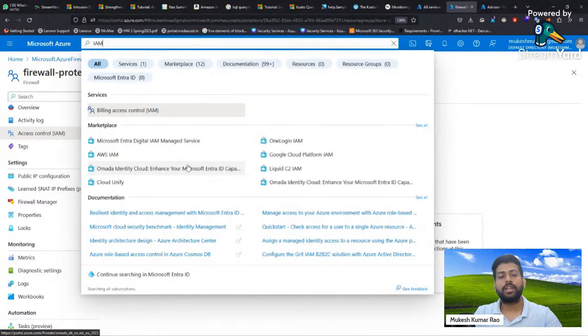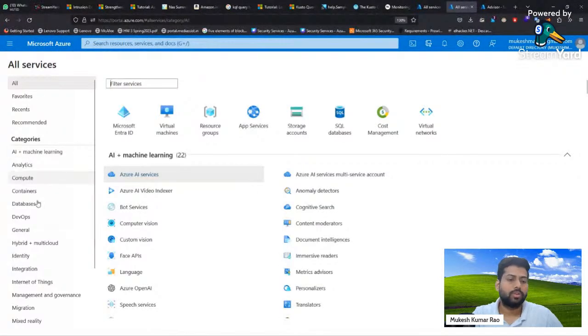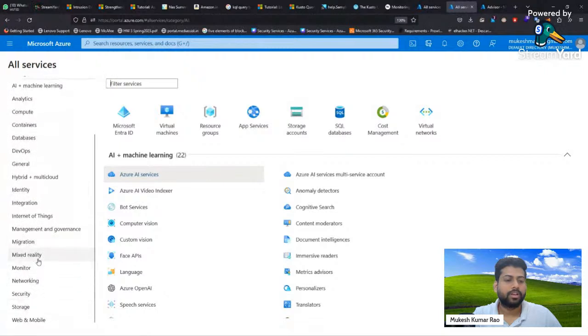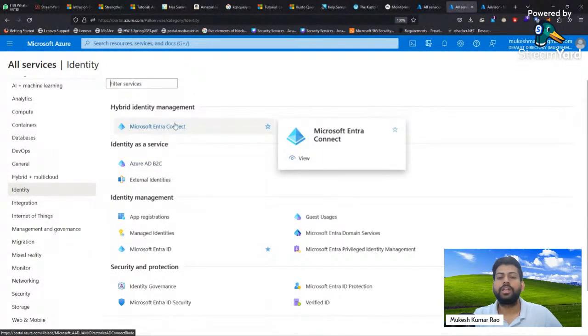So from there we can connect, or simply you can go to All services, and then go to the identity part. So this is the identity service. There you will get Entra Connect. There you can create users, then define which group they belong to, then define what kind of service access you want to give, and then define the roles, that if we have this service, what kind of roles and permissions they can use in that part.